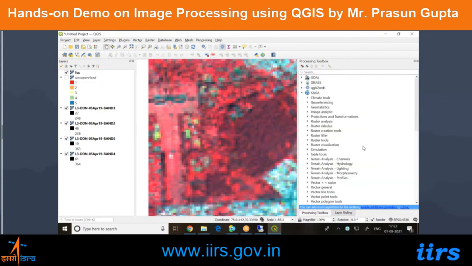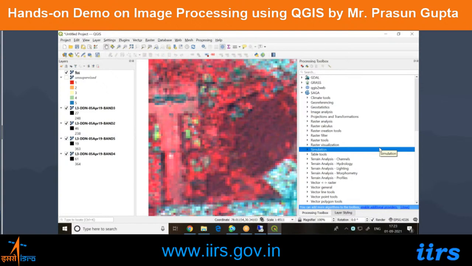The primary aim of Saga was to make tools which could be used in command line mode or API mode and so on. The second objective of making Saga, this is from their documentation, was to make a GUI. So although it has a very powerful GUI and a very powerful API,